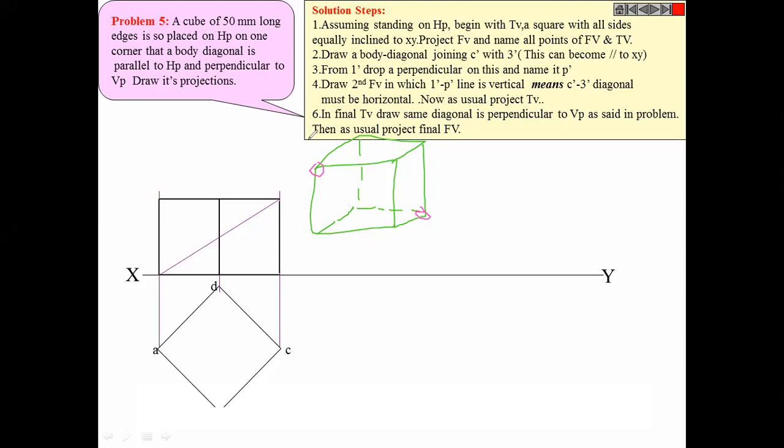So actually, why do we draw this cube, the top view of the cube, in this fashion? Do you know? If you see the top view of a cube, first of all you intend to draw it like this, isn't it? Correct or not?